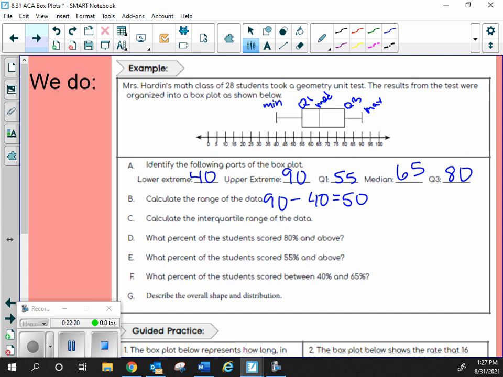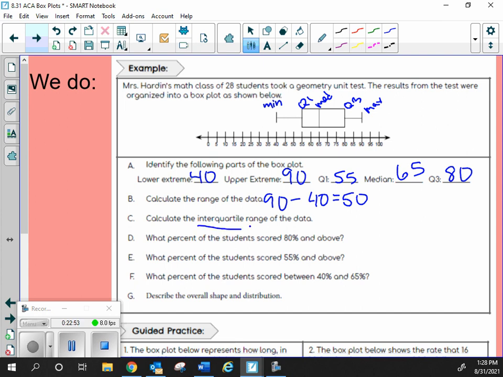Yes, the lowest is 40. The range just shows, remember when we talked about it at first, how consistent the class is. So my range is 50 points. Is that a pretty big range or a pretty small range? 50 points, that's a pretty big range. That's not really good. You probably want a lot more A's and B's, so that would be a smaller range, like 20 points or 10 points.